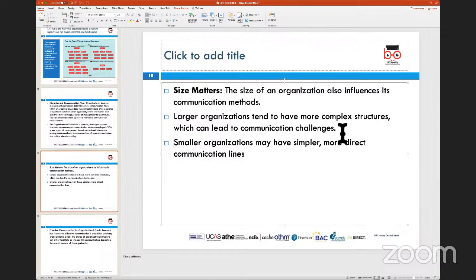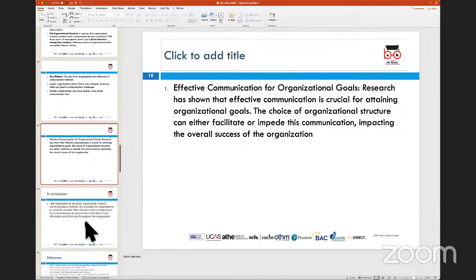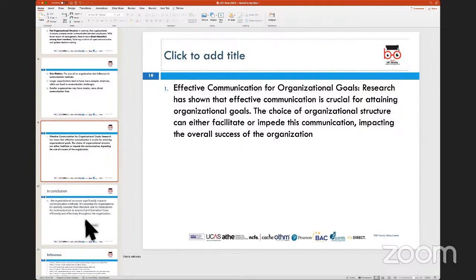So in such cases, you would see more complex structures, because the doctor might speak to the consultant first at the hospital and say that this is a patient come in with the clinical or a chronic illness and needs immediate attention. The consultant might say, okay, these are the steps that we need to take, get him admitted, and send him over. And that could be a complex set of procedures or communication procedures which need to be followed to ensure that the patient is effectively looked into straight away.